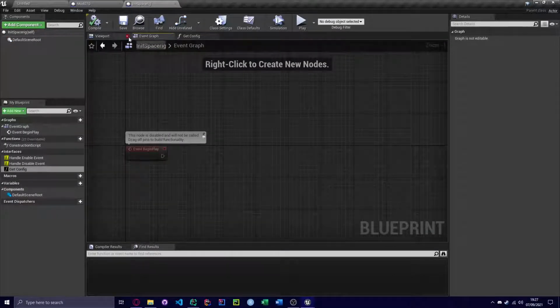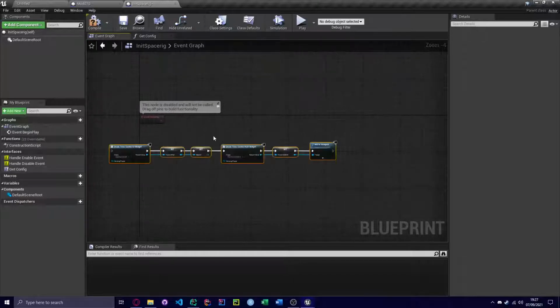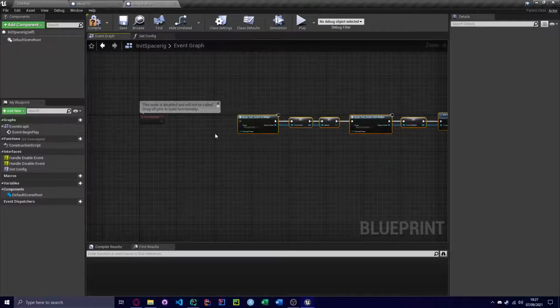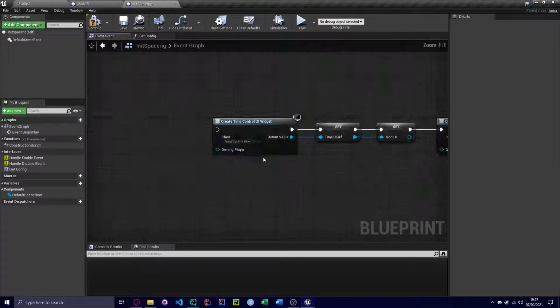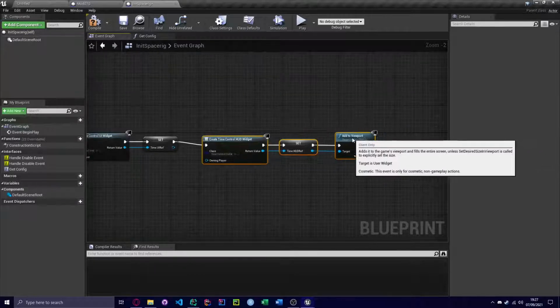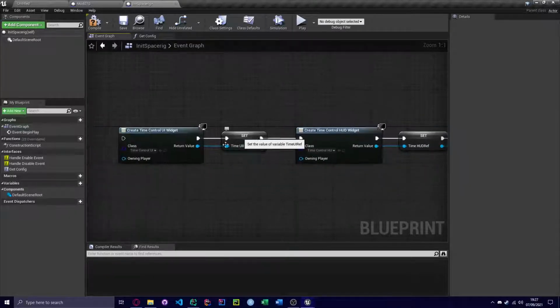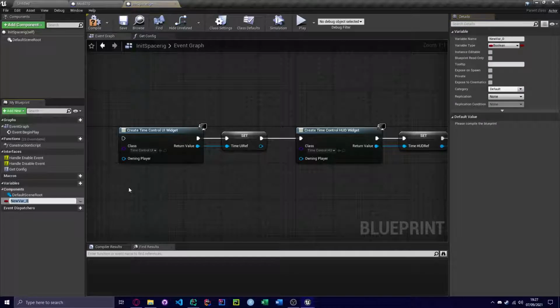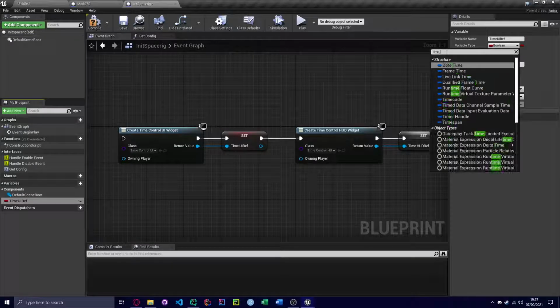Just get rid of those two, you don't need them. And then we make the variables, we can get rid of that. So we need to make variable time UI ref, of type time control